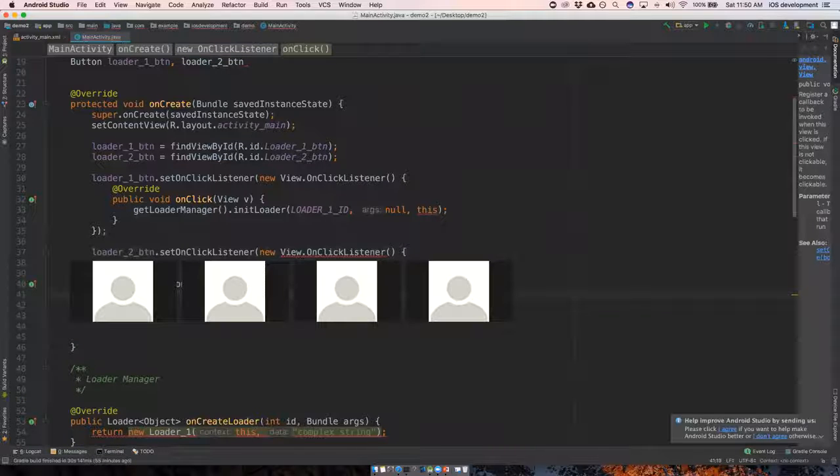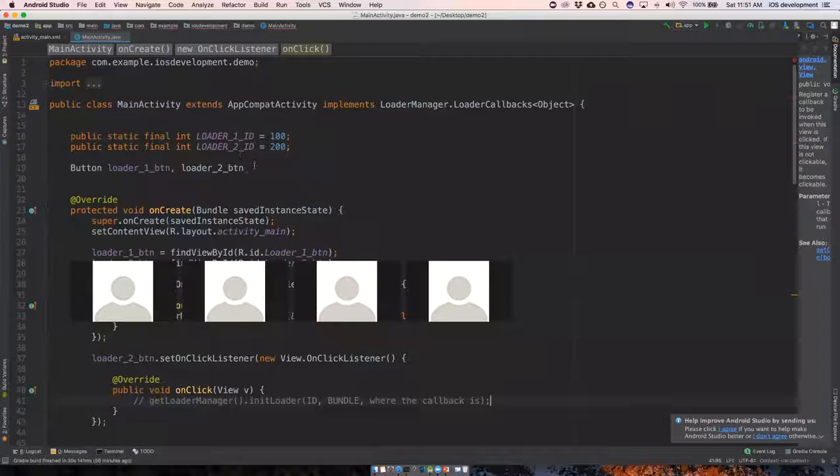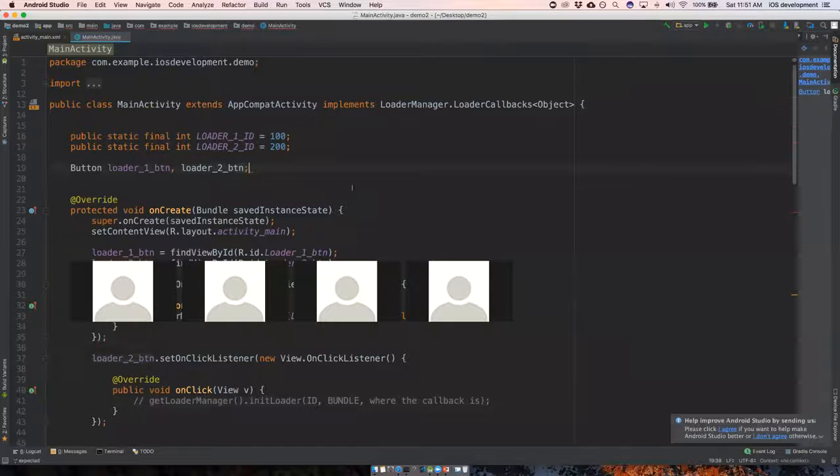So you would do something like get loader manager init loader, and then you give it the ID, the bundle, and where the callback is. So in this case, it will be in this class, right? Because I am implementing the